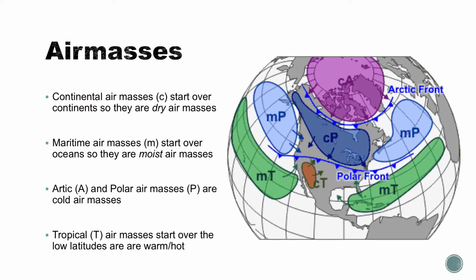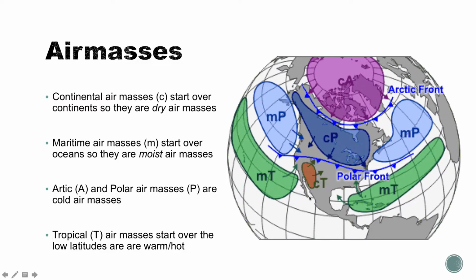So this is a map of several different types of air masses. And you basically have two main types, and they're either the continental air masses, which are air masses that start basically over land or the continent, and these are dry air masses. And then the maritime air masses. These are more ocean-related air masses, and they're more moist. And then you also have kind of a descriptor. So are they coming from the Arctic or the polar regions, or are they coming more from the tropic regions